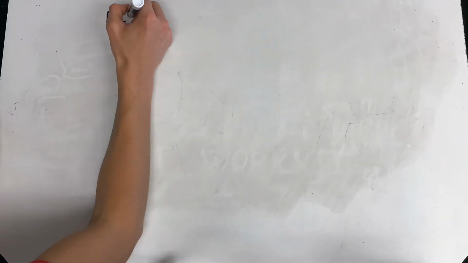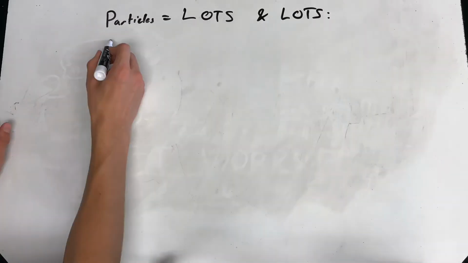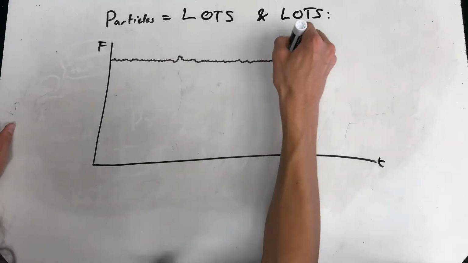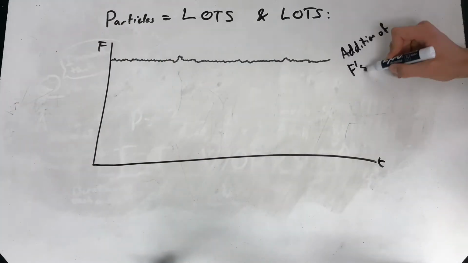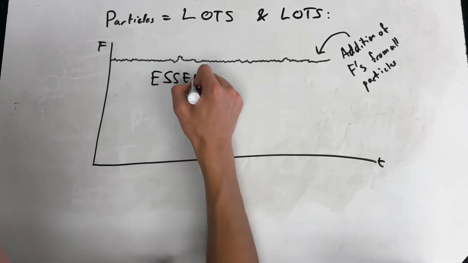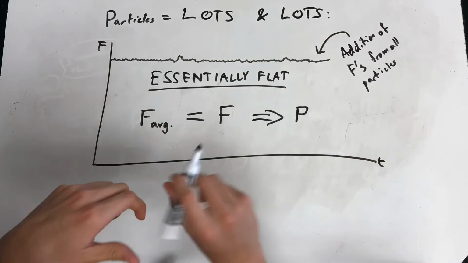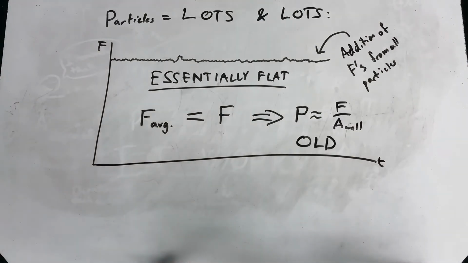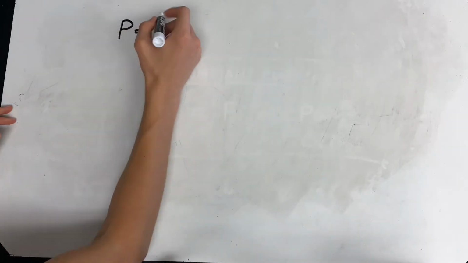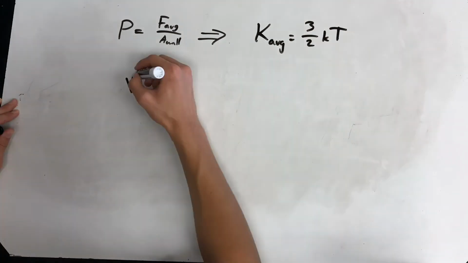So what about the old definition of pressure? Well, if you have a ton of particles, billions and billions, you can see that the force versus time graph becomes essentially a flat line. Thus, our continuous average of the force and the actual force are equal, and the original definition of pressure works on a macroscopic scale. If you want to see the proof of the equation K average is 1.5 kT, or